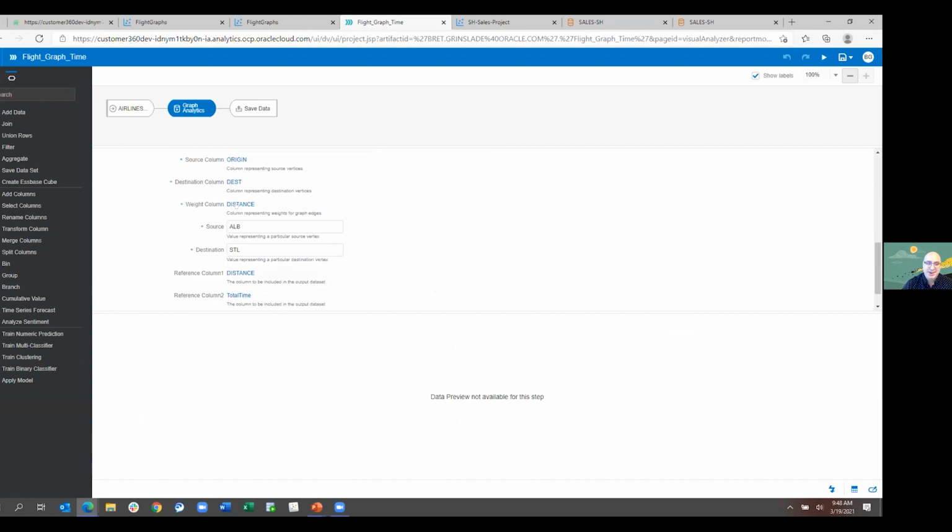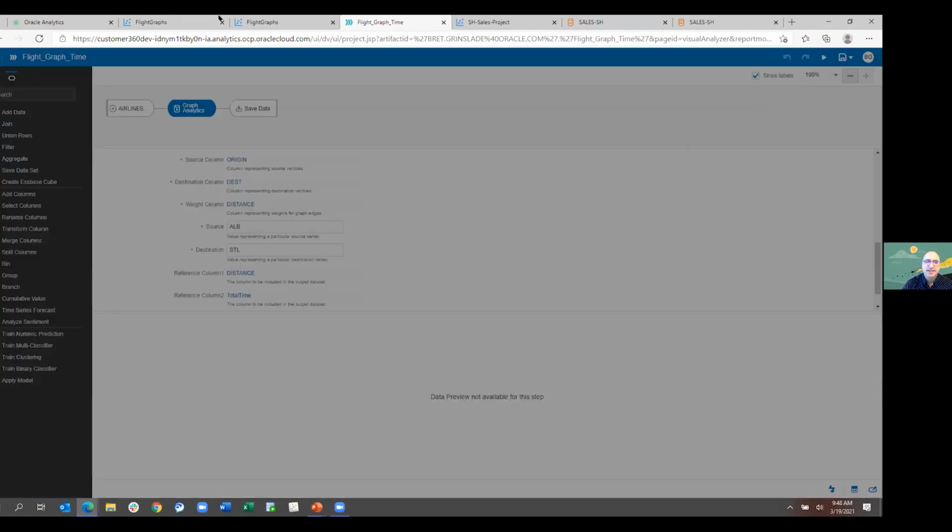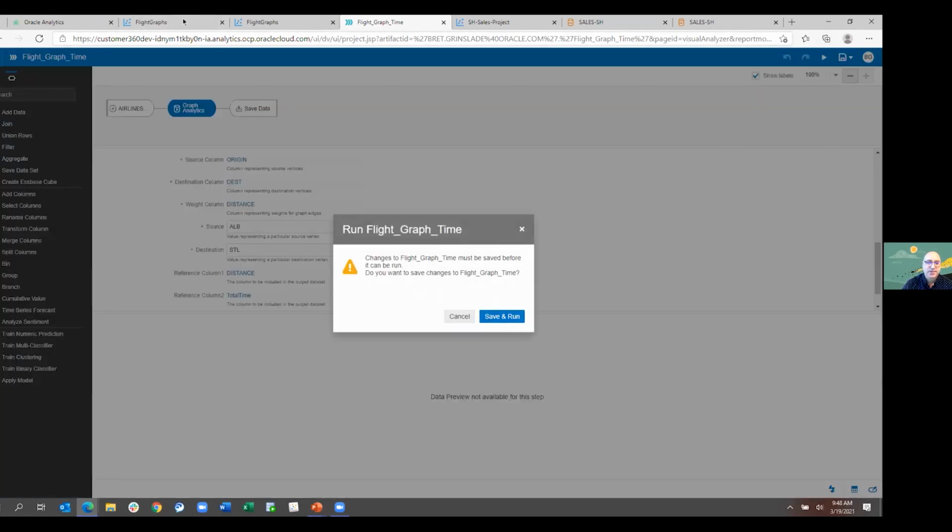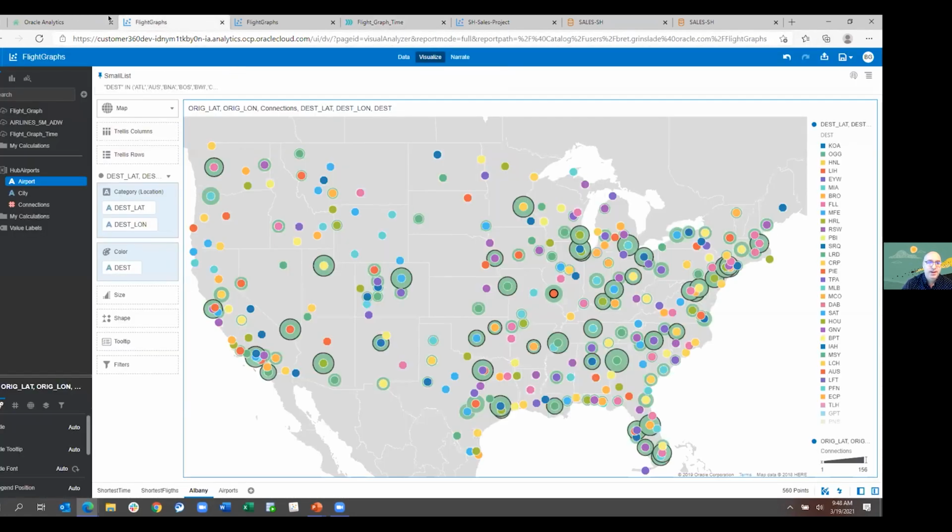The interesting thing is I also did a second one that I won't show you today, where I changed it from distance to elapsed time, and you actually get a different airport if you want a shorter time. That's due to things like layovers and flight issues, or weather. Once I run this data flow, it takes a couple minutes to run, so I will just run that in the background really quick. But I already have the data here, so I'll just show you.